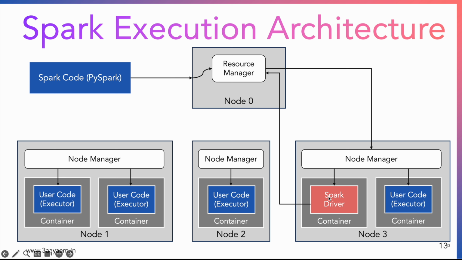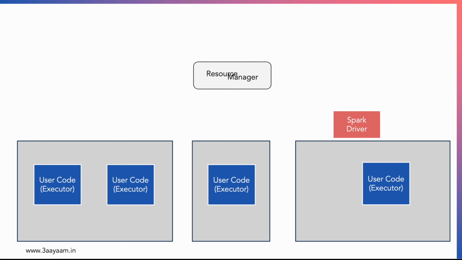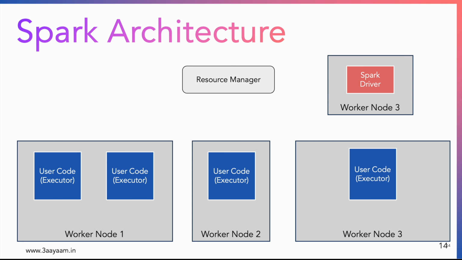So now what I am going to do is remove everything, all the noise here, and just talk in terms of Spark. Now in this particular diagram, Spark is the red box and the blue boxes. So let's take a look at Spark architecture now. Obviously we'll need resource manager, and we have Spark driver, and we have executor. Now if you notice, I have changed the name of the nodes to worker node, and this is Spark lingo. The nodes where executors get executed are called worker nodes, or where the Spark driver runs, that is also called